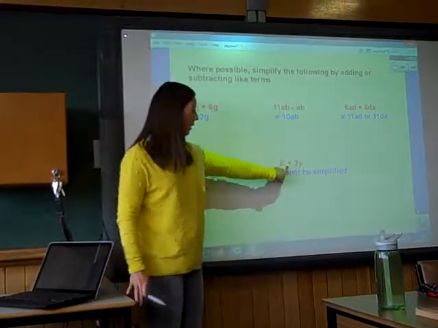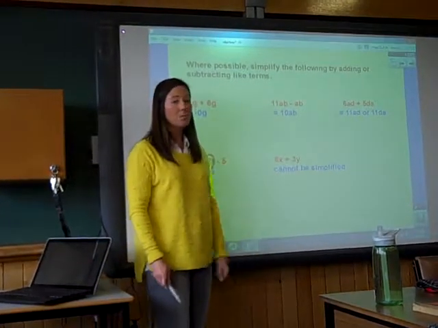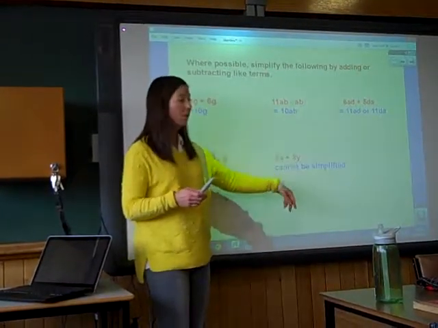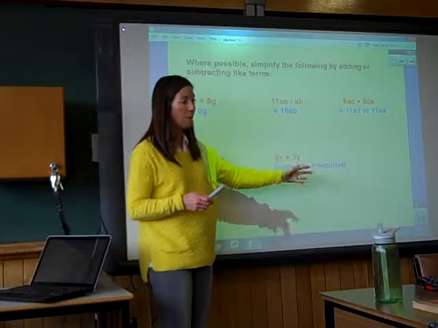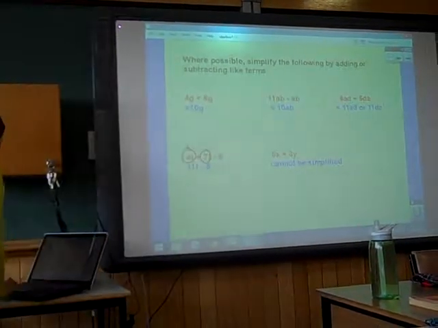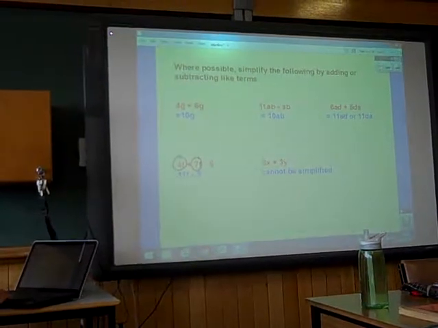When you get something like 8x plus 3y, you don't do anything because they're not like terms. The answer is just basically it can't be simplified, or you'd write it as 8x plus 3y as your answer. Okay? Now you're going to have a go at doing a couple of those, alright? I'll quickly put up what work